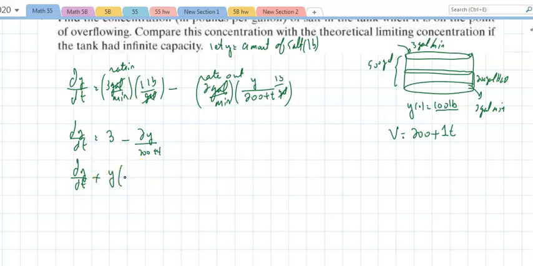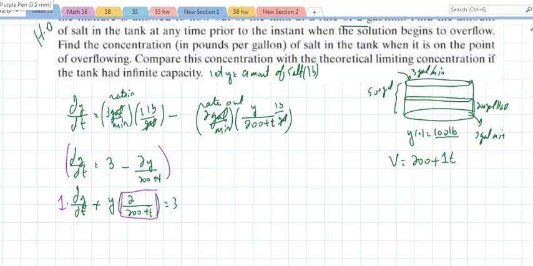Y times 2 divided by 200 plus t equaling 3. This is a first order differential equation. This is a 1. That's very good. This is p right there. So now that I know what p is, I could come in and say, well, let u equal e to